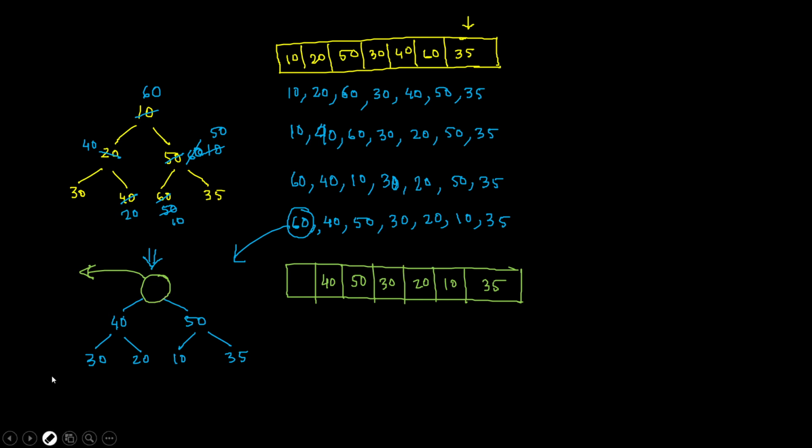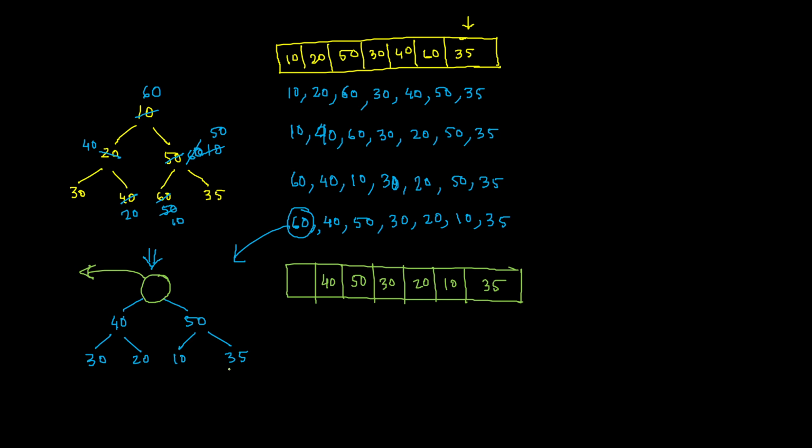So what to do? We have to somehow fill this place with one of these values, and which one will come in, with respect to the definition of a complete binary tree. Since ultimately we are working with a heap, and heap is a complete binary tree, that's why, with respect to the definition of a